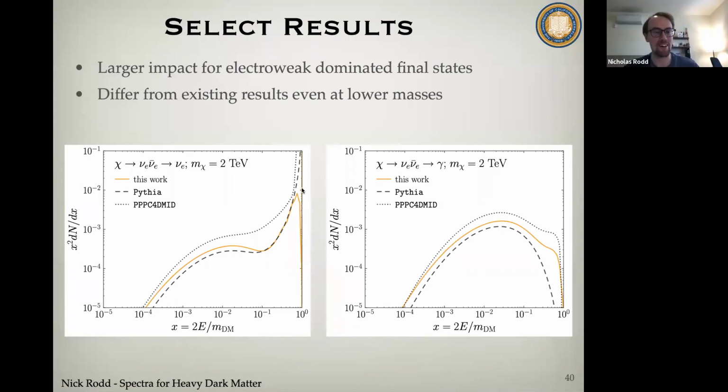Yeah, good. I didn't sneak by there. So what has happened here? Actually, it's really not a difference. It's a plotting difference in reality. For PPPC, they didn't have enough x bins at the top to actually resolve what should happen here. Because in truth, there's a delta function at x equals 1. And the continuum doesn't just smoothly merge into the delta function. It actually has to turn off. And the turn off is controlled by the W and Z boson mass. Because to have anything other than a delta function, you must emit one of those, and they will carry off some of the energy. So you'll have a slight separation between the two.